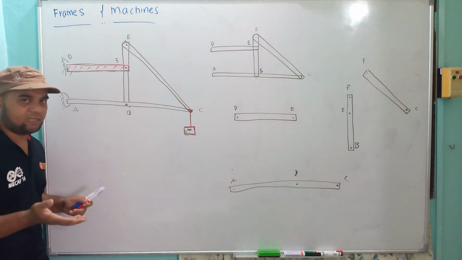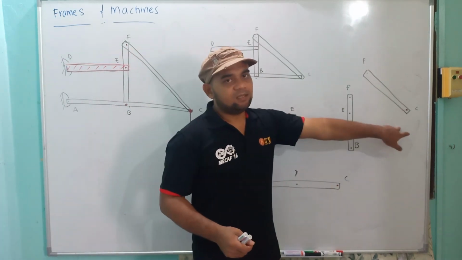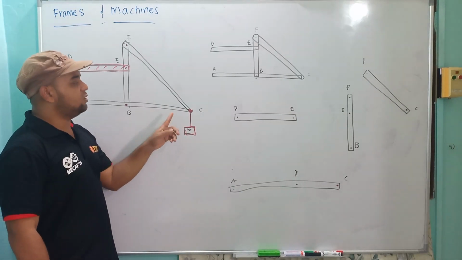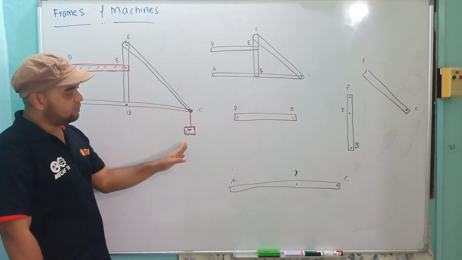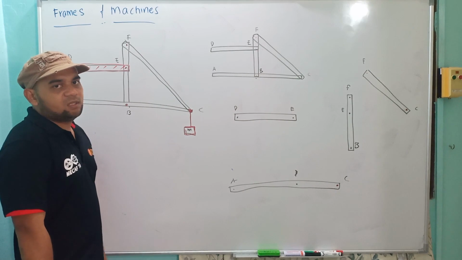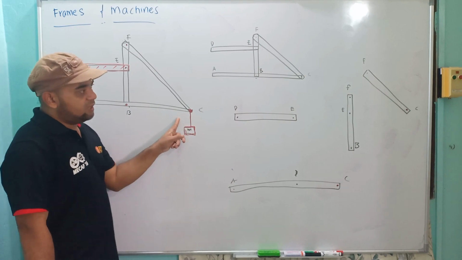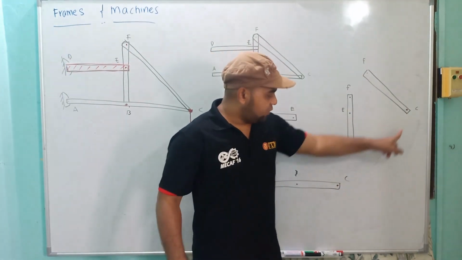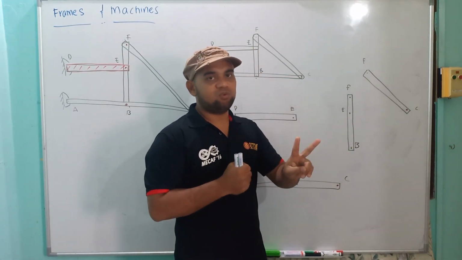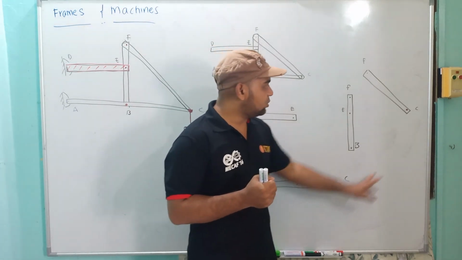So if we choose wisely which point we want to put that M at, this C or this C, we can make this part a 2 force member. Normally we have to put the mass on the other C, so that this one becomes a 2 force member. We cannot put this M in both parts. If you put mg down here and mg here and combine together, it will become 2 mg, so it becomes double. You have to choose only 1 point where you want to put it.